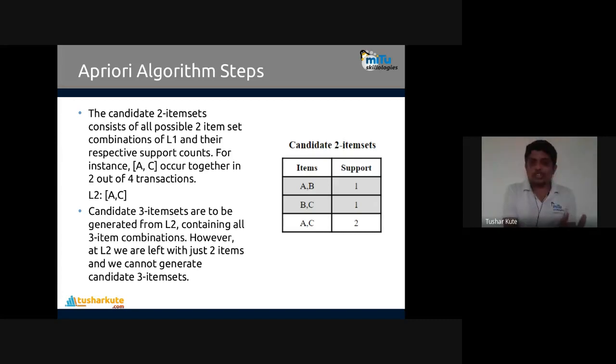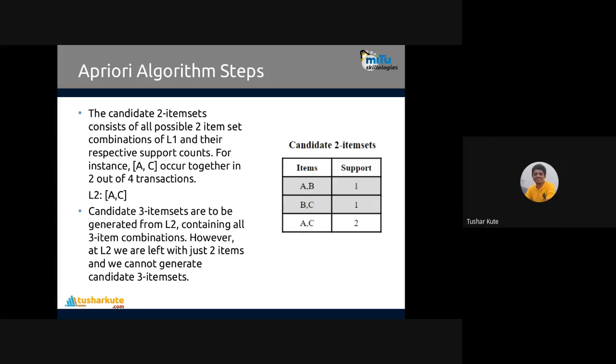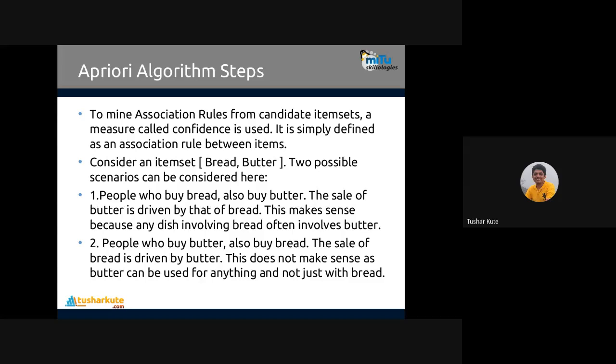So first one combination, then twos, then threes, then fours. Likewise, we go on, delete one by one, and check where the items are. Now remaining items are A, C. Rule is finalized: if A, then C. That's it. These are the steps involved in the Apriori algorithm that they do from frequent item sets. They go ahead using it.